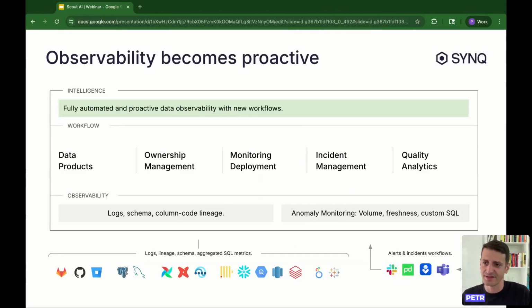And so perhaps we start with the incident management we're going to show very shortly, but the vision we see for the future is that actually the entire workflow from definition of products to ownership to improving monitors, incident management, and even running quality analysis will be increasingly automated. And the rudimentary actions which now have to be done by humans will more and more likely be done by